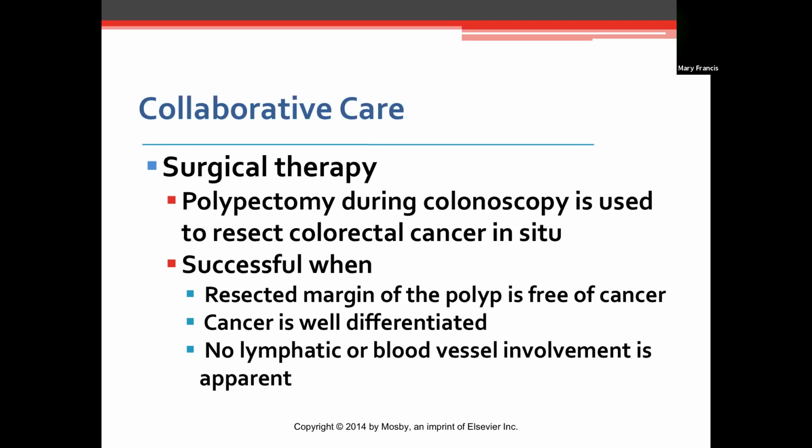Low-risk stage 2 tumors are treated with a wide resection and reanastomosis. Chemotherapy is used in addition to surgery for high-risk stage 2. Stage 3 cancers are treated with surgery and chemo. Radiation and chemo may be done before to reduce the size of the tumor and to debulk it. Once the cancer has spread to distant sites, any surgery is usually considered palliative and just used for treatment of pain.